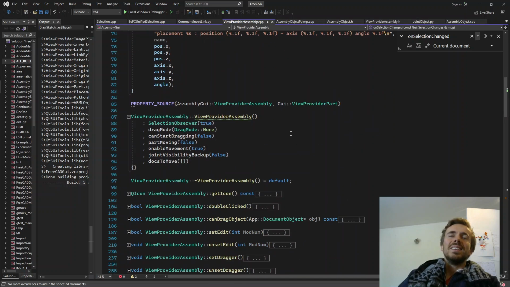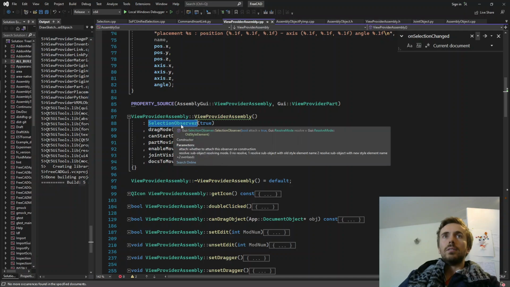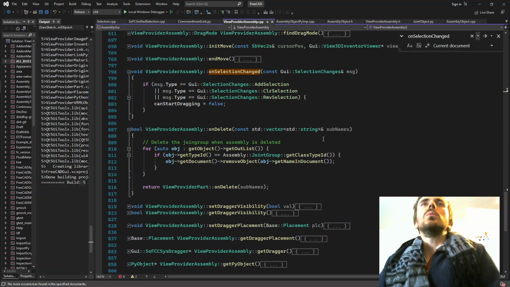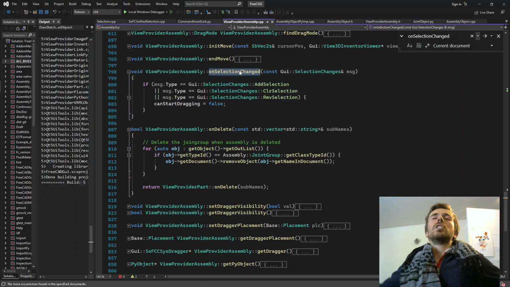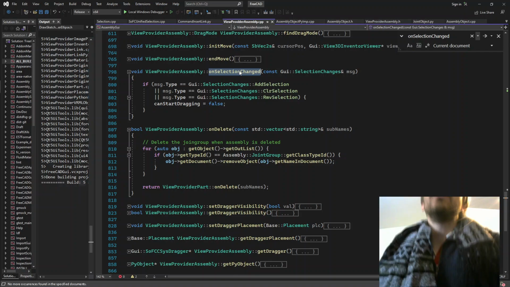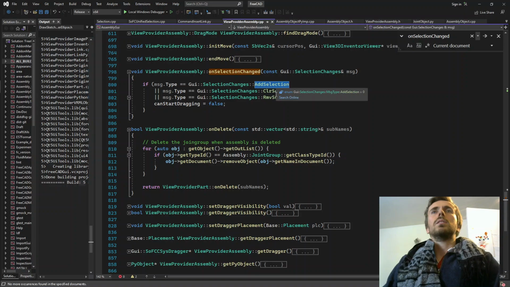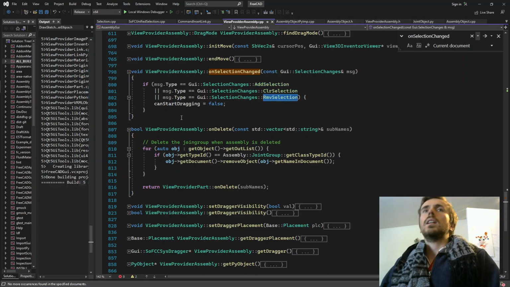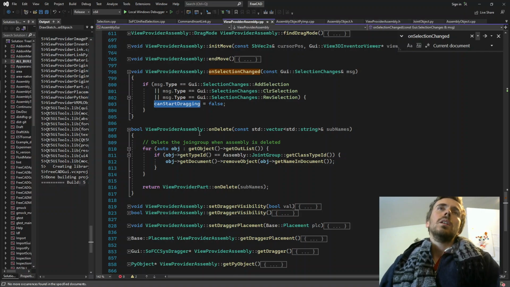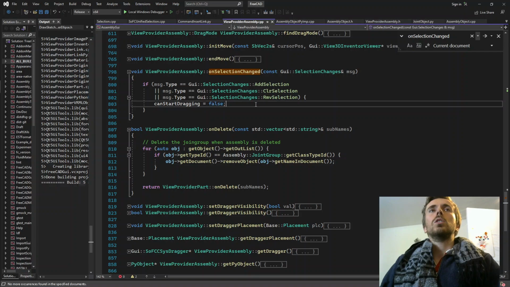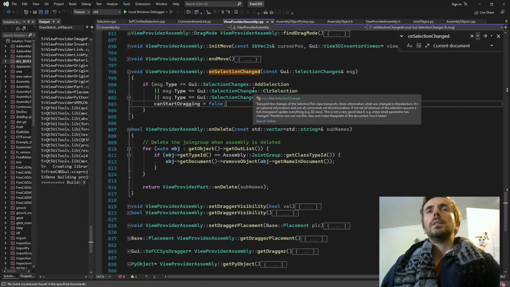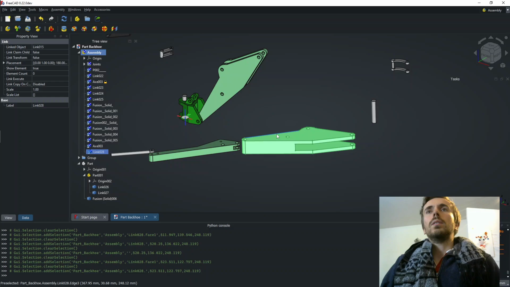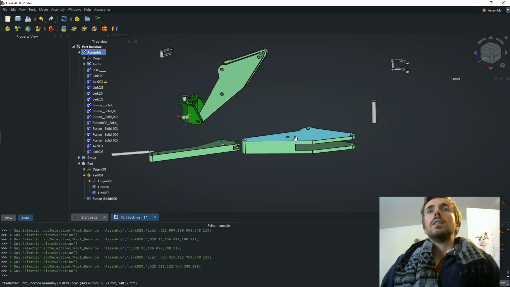Yes, because our view provider inherits from selection observer, and this way we know when something in the selection is changing. So right now, if you do something like adding something to the selection, clearing the selection or removing from the selection, it changes can start dragging to false, which basically cancels the ability of initializing the movement, right? So for example, if you click